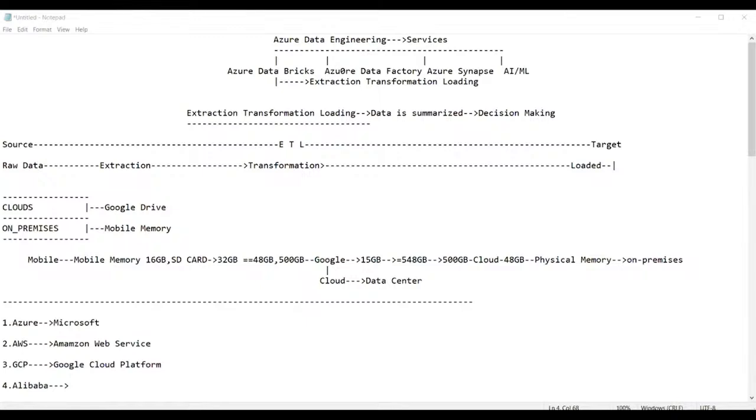Sir, are you explaining the deployment process? Yes, of course, we will see the deployment process. This is all a technical subject. So ADF and ADB are both covered, and deployment is required. After that, classes are over, right? Yes, yes. Will there be a combined batch for both Databricks and Data Factory?